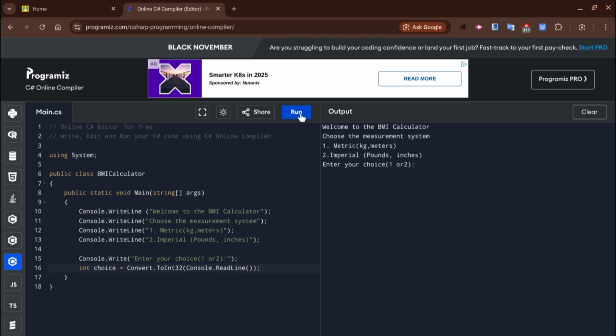So we store the answers inside the choice variable and now we will use a switch to decide what happens next. So first we are going to write